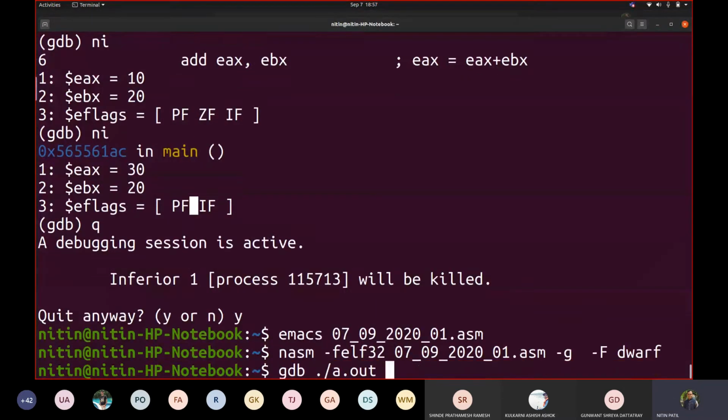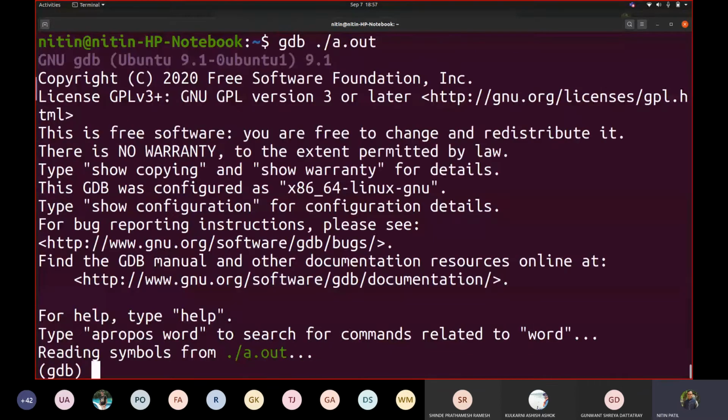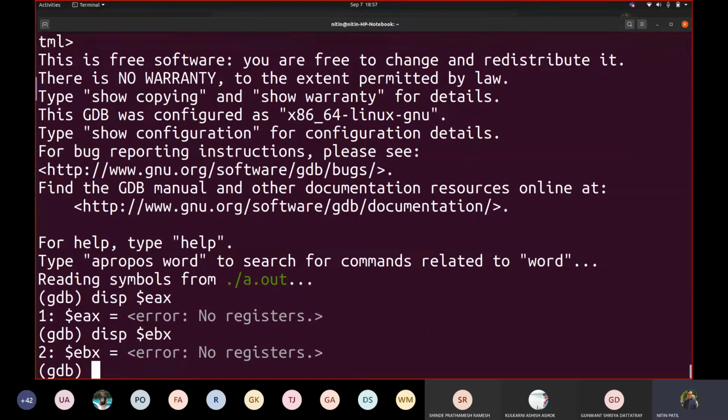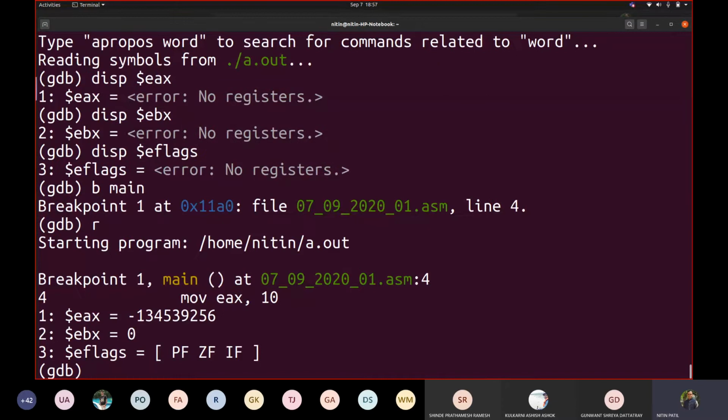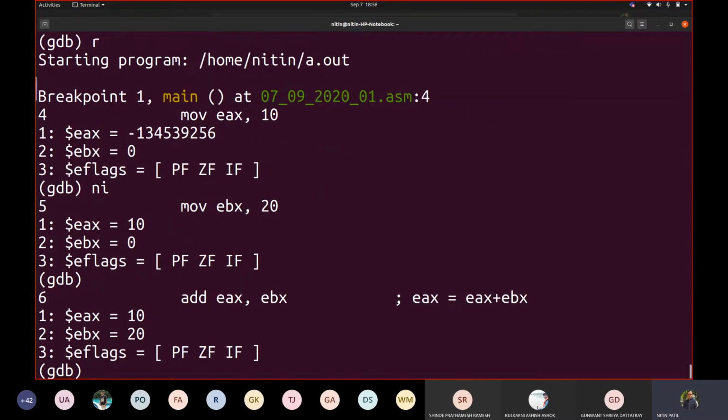Let us assemble. Let us link. Now debug. Again display ex, display ebx, display eflags. Okay, breakpoint main, run. Next instruction. Next instruction. Now this should change ZF.